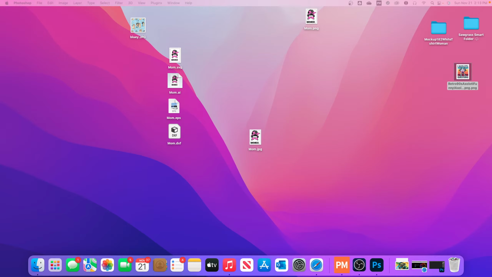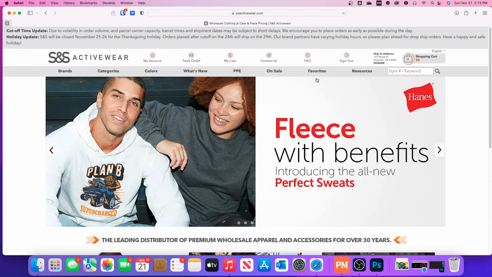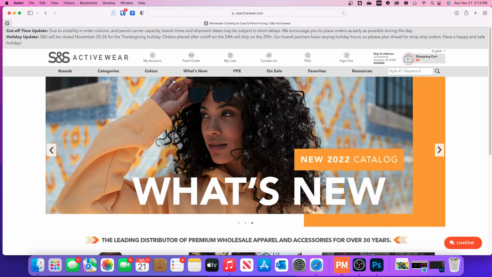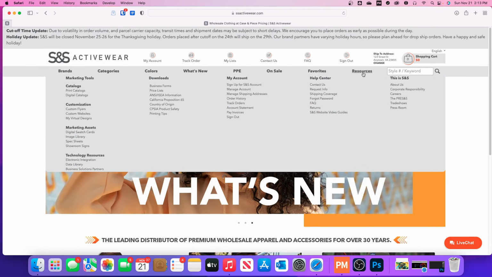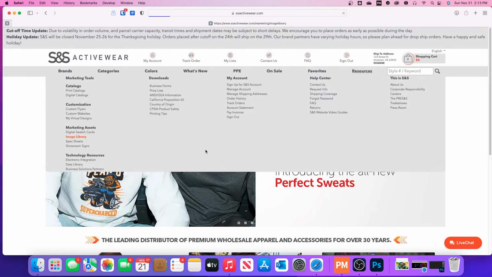And to show you what I mean, let's say you buy your stuff from SS Activewear or wherever it may be. If you're dealing with a wholesaler, most of these places provide you images in order for you to advertise on your website, and you have to read the conditions. I know SS Activewear allows you to modify the images that they have. Okay, so if I come in here to resources, and it's different for every website, but if I come in here to resources and I come down to image library,